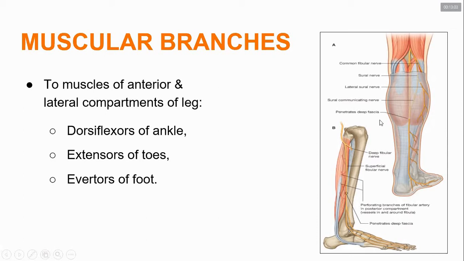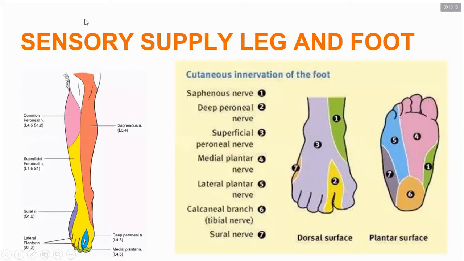So there are two sensory nerves that you should know. Two components more you should know about the common peroneal nerve. So, sensory supply of leg and foot. These pictures show both contribution from the tibial nerve as well as the common peroneal nerve. You can see the whole of the leg and foot is supplied by the sciatic nerve, that is common peroneal nerve and tibial nerve, except the area over here that is supplied by the saphenous nerve, which is a branch of femoral nerve. So you can see this pink area is supplied by the common peroneal nerve.